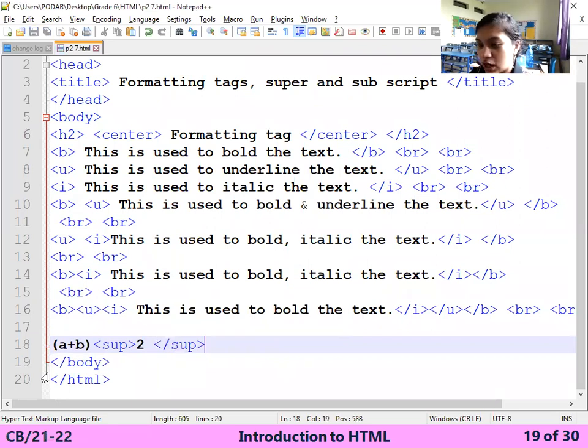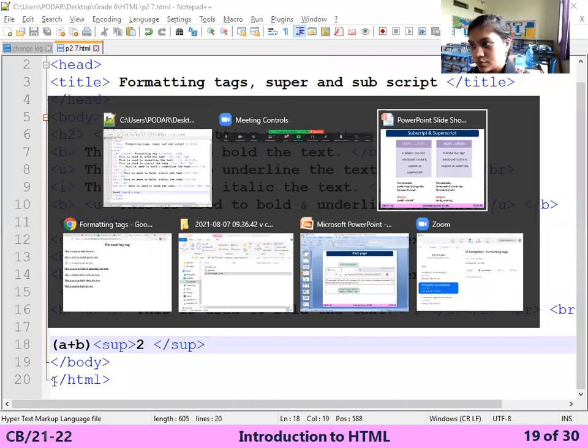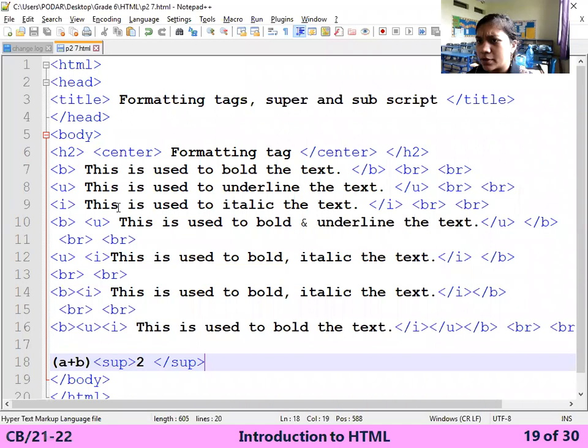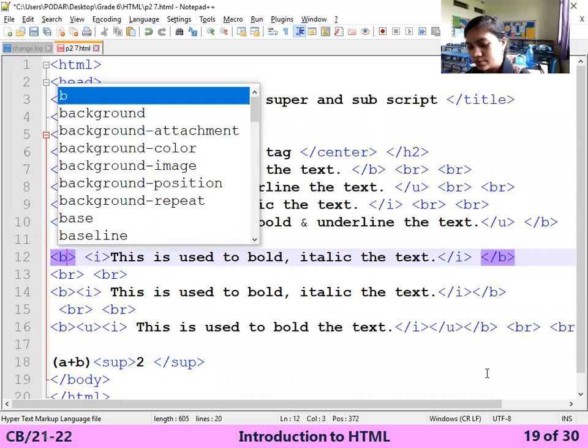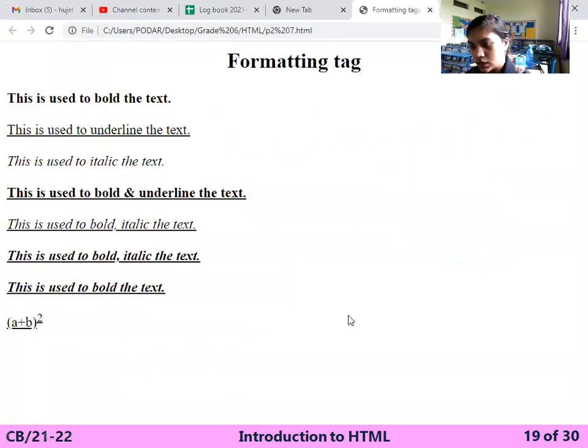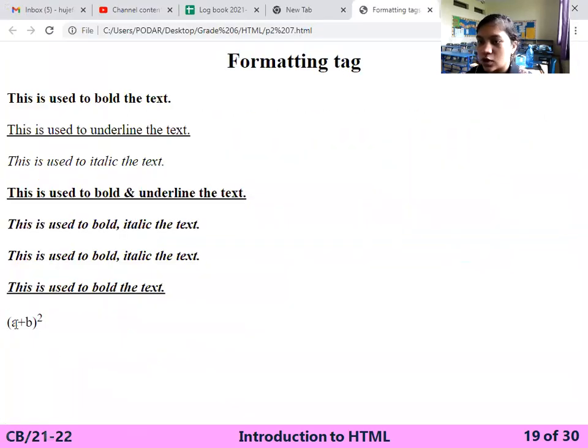First, let's see the output so you will understand it. F5, you can see here a plus b square. Then refresh, so you can see the output.